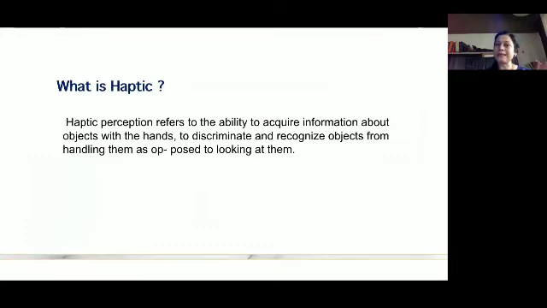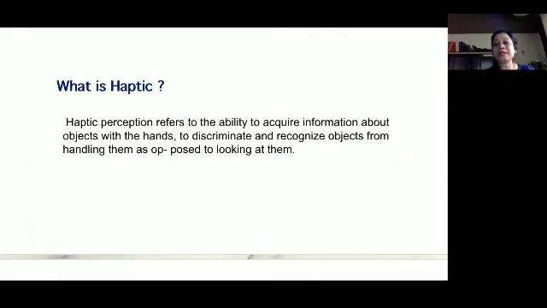So now what is haptic? I went through a lot of research to understand what is haptic. I went through the evolution of the hand as it came from our ancestors. How did the anatomy change? How did the function change? One of the beautiful papers in JSTOR had this description of what is haptic perception.